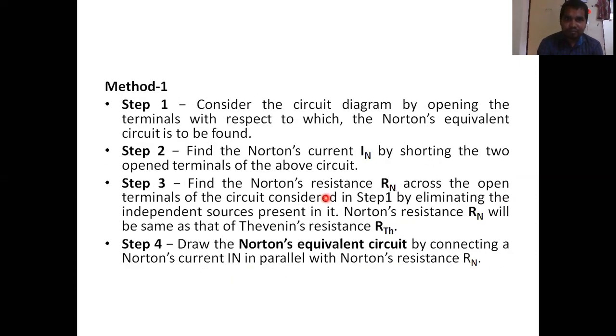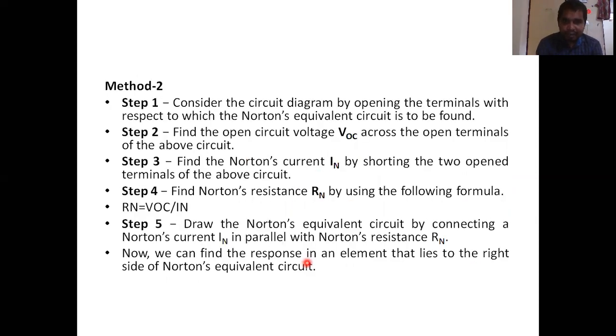What are the three methods? First method, the normal way: determine the short circuit current, or Norton current, and determine the Norton resistance. Then you substitute the values in the Norton equivalent circuit. Norton equivalent circuit means a Norton current source in parallel with the Norton equivalent resistance and in parallel with the load. Then you determine the load current. Otherwise, in the second case, you determine the open circuit voltage and short circuit current. That means the Thevenin voltage and Norton current, and the resistance will be the Thevenin voltage divided by the Norton current. Again, you draw the Norton equivalent circuit.